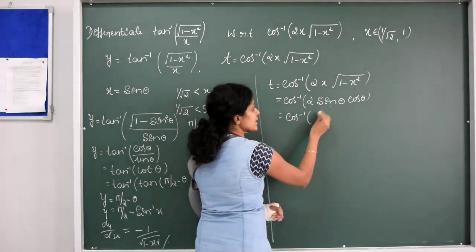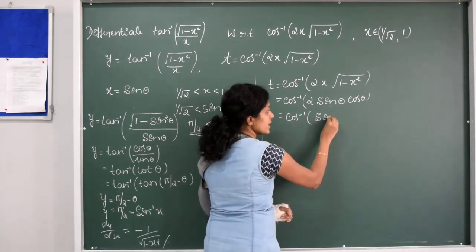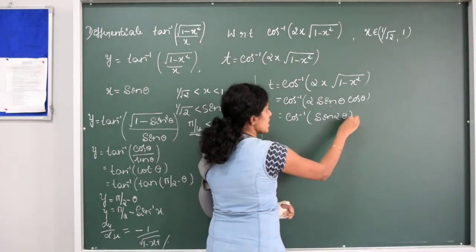Cos theta, it's a form of the sin 2 theta formula, right? So this is equal to sin 2 theta. So cos inverse